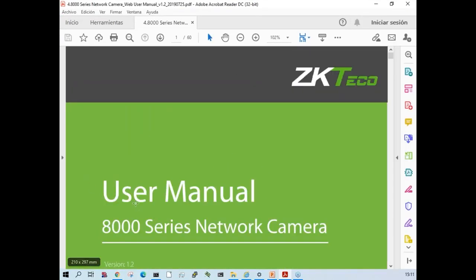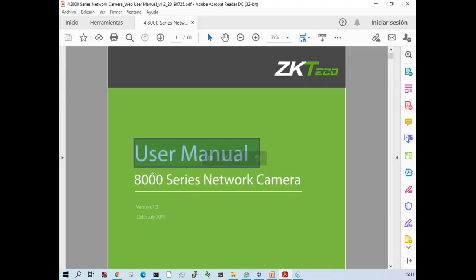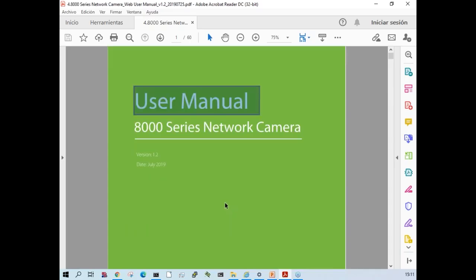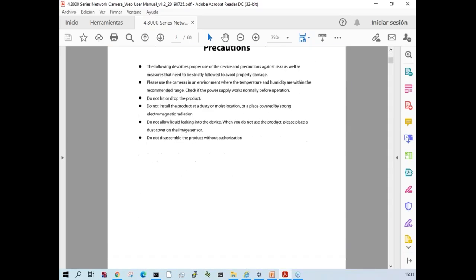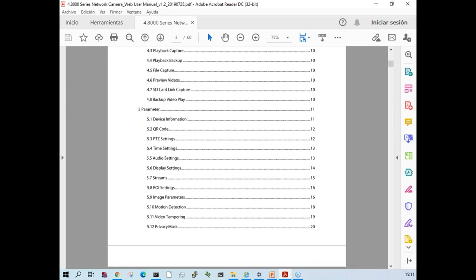There's a manual you can find on our website, with all the information. The vision manual is the same model for the 8000 series network camera. You can find the manual, or we can share it with you over this webinar when we finish,